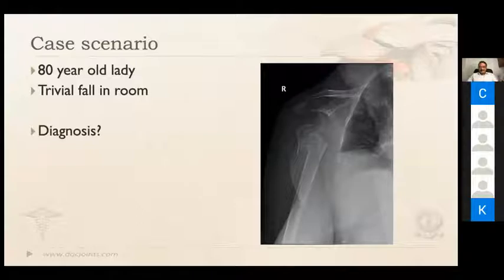Reverse shoulder arthroplasty. All right. So there are surgeons who are watching for reverse shoulder in these cases as well. But when you have a good rotator cuff attached to greater tuberosity and lesser tuberosity fragments, then you can always do a straightforward hemiarthroplasty.